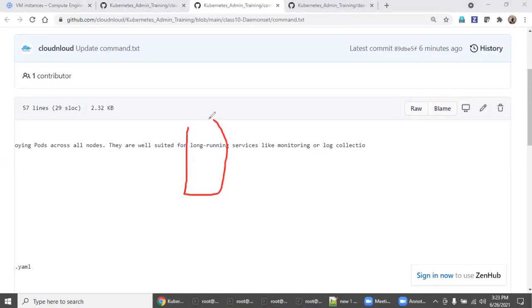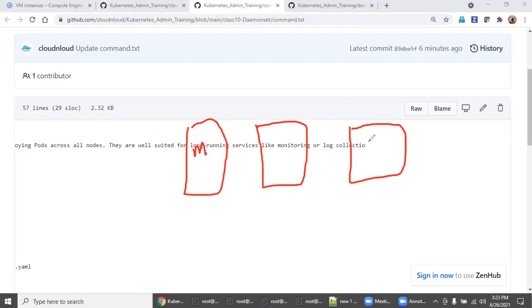Suppose you have the master and a lot of worker nodes. Let's go with the two node concept, but in production you may have a huge number of worker nodes. This is worker node 1, this is worker node 2. Suppose you have some application or requirement where you expect to have only one container on each worker node.